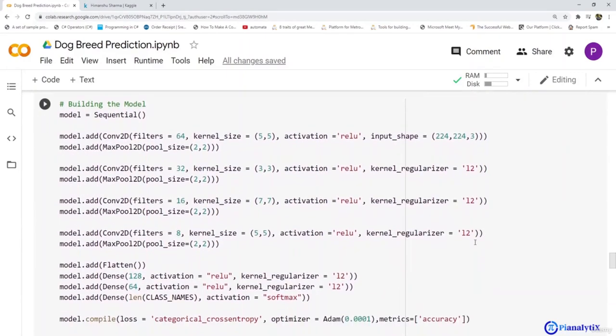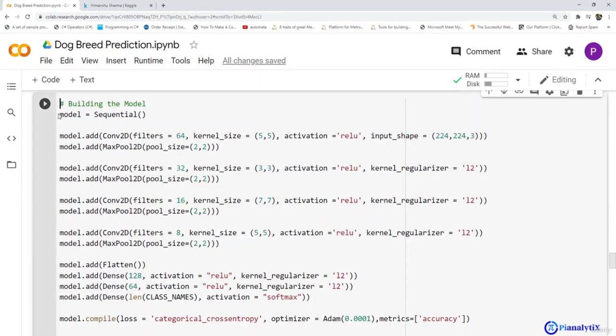So as we are using CNN, we will take layers such as convolutional 2D layers, max pooling 2D layers, as well as flatten. Then we'll apply the dense layers and then the final layer. So let's go through these one by one. So we're taking the model as sequential. As you can see here, we are building a sequential model.